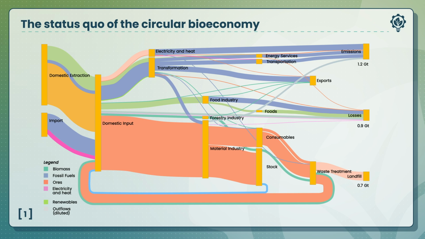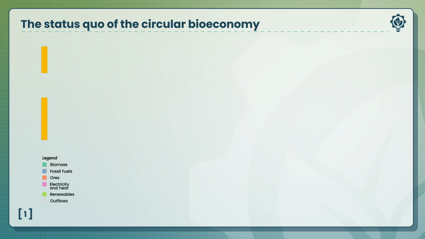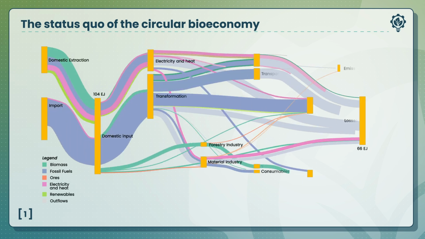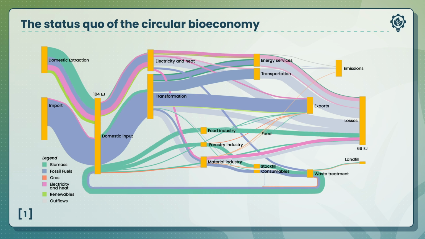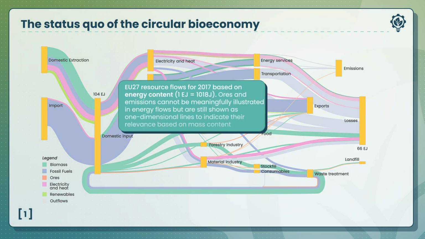In the next figure, we can see the EU27 resource flows for 2070 based on energy content. Errors and emissions cannot be meaningfully illustrated in energy flows but are still shown as one-dimensional lines to indicate their relevance based on mass content. The integration of segregated energy, material, and biomass flow assessments brought the advancement of the current state of the art